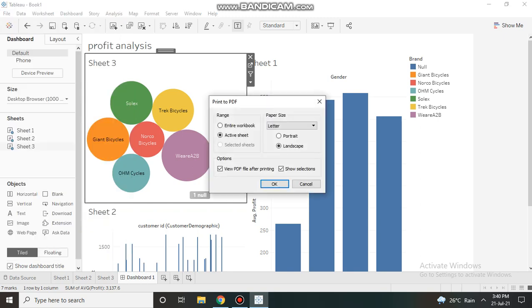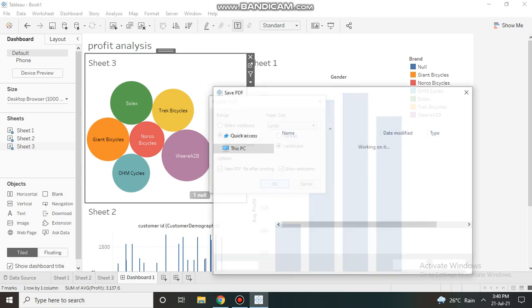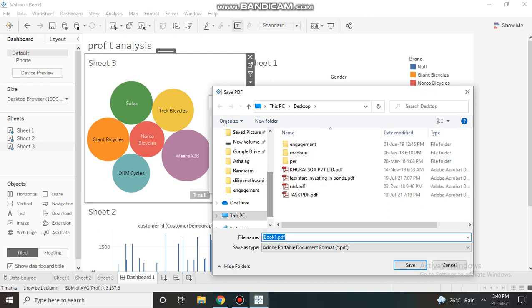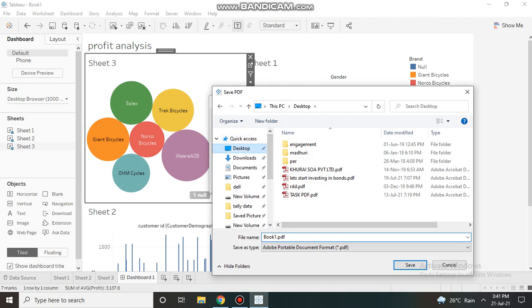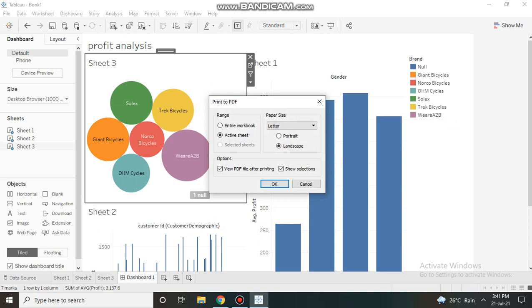So now you have two options: entire workbook or active sheet. If you choose the active sheet, only the dashboard is transferred to the PDF. If we take the entire workbook, then the entire workbook will be. So right now I am taking the active sheet as it will take less time compared to the whole workbook. I am saving it on the desktop,